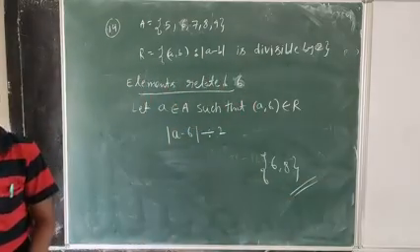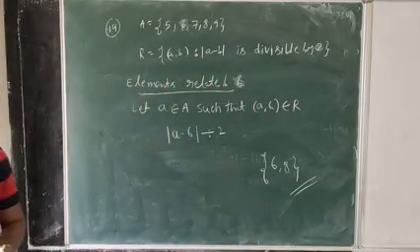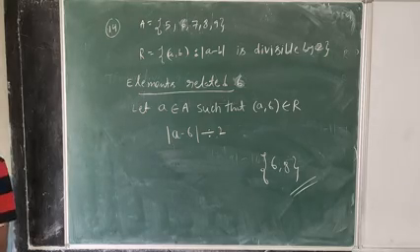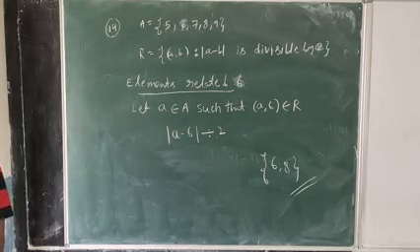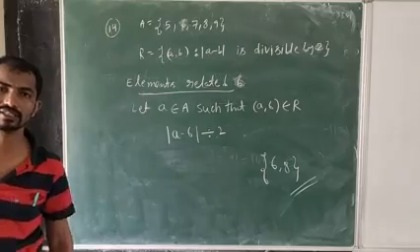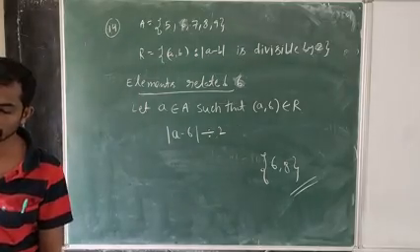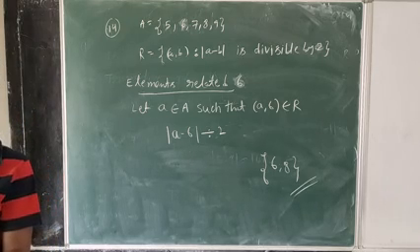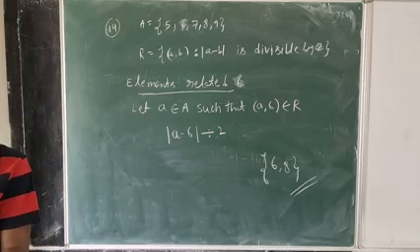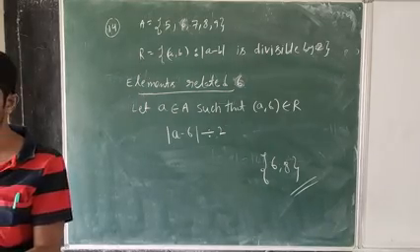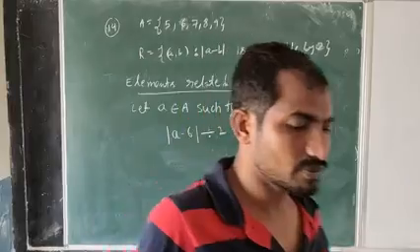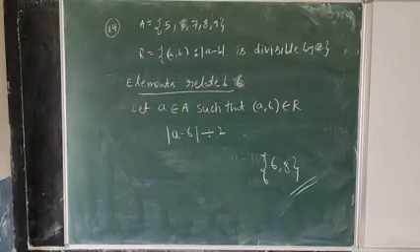So 6 and 8 is the answer. That is question number 14. Then we can complete question number 15 and 16. These are one word answers, and the answer is given on the back side, that you can see, and it is not a problem. Similarly you can complete 17 and 18 also. And then question number 19. So we will begin question number 19. Take a look at question number 19.